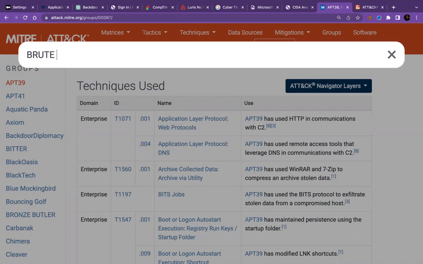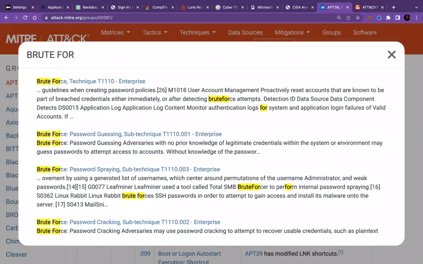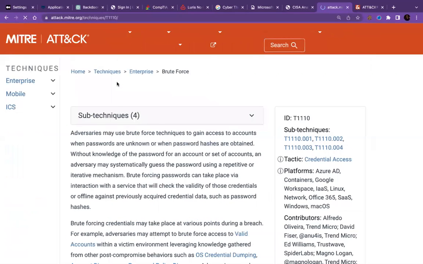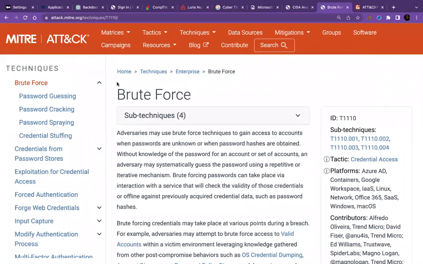Use the search engine, brute force. And then you see the technique right here, T1110. If you just want to learn what brute force is, an adversary,